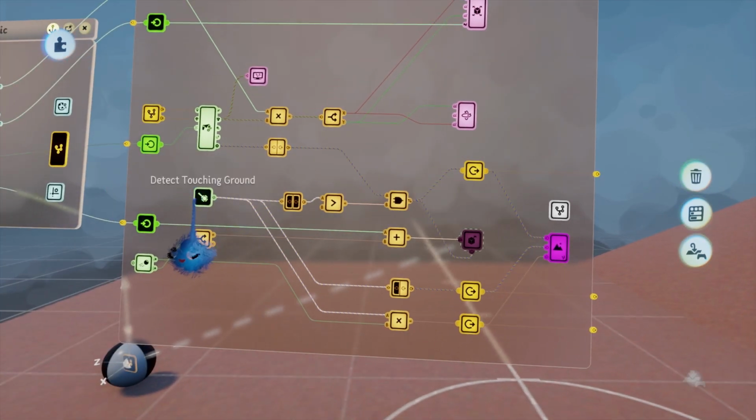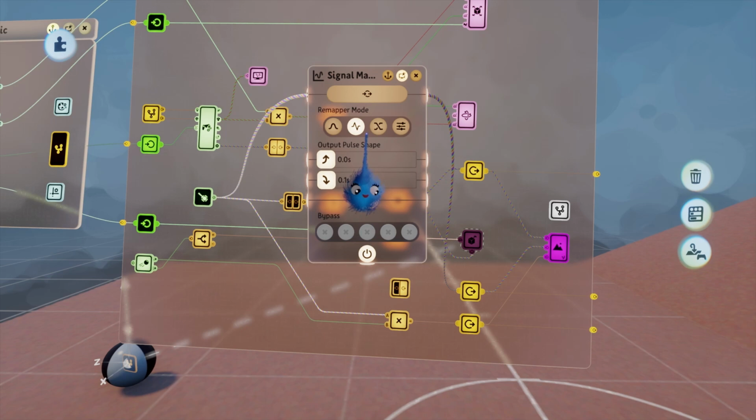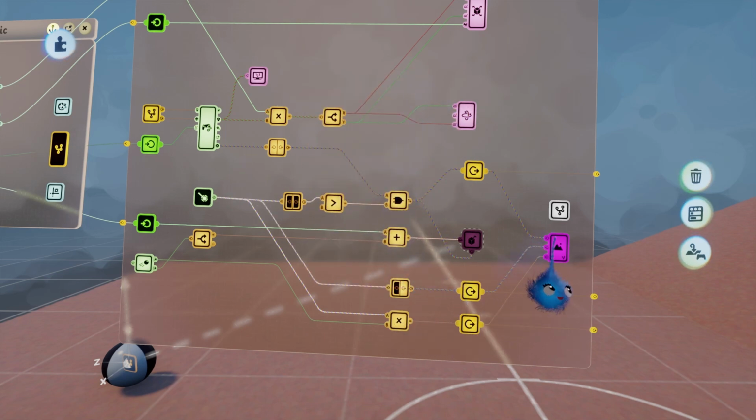We've got another wire coming from the detect. Detect touching the ground also goes into a signal manipulator here, and this is going into the special effects. That's to say you've landed on the ground. And this one is going into here, so that's the pulse when you hit the ground. And this one